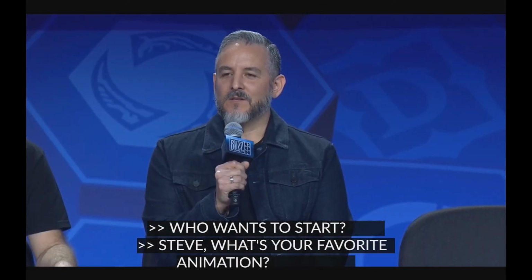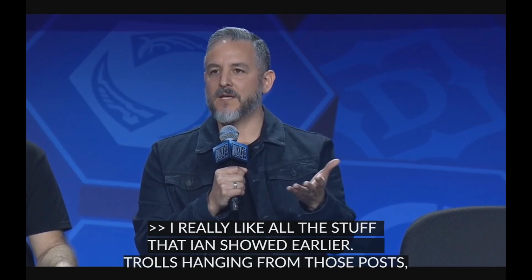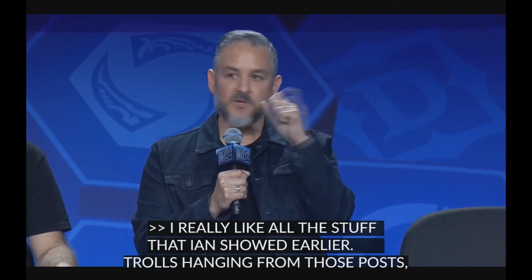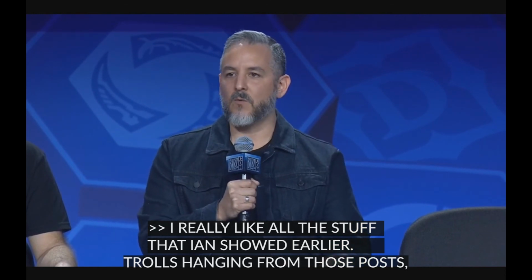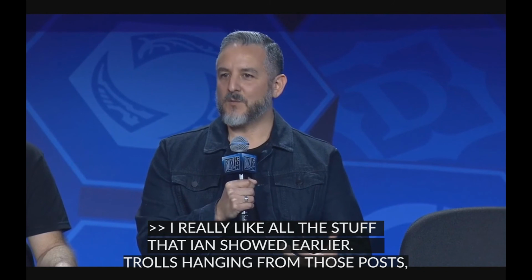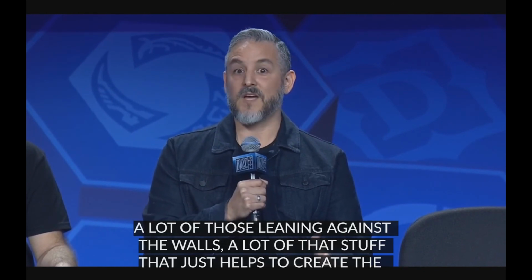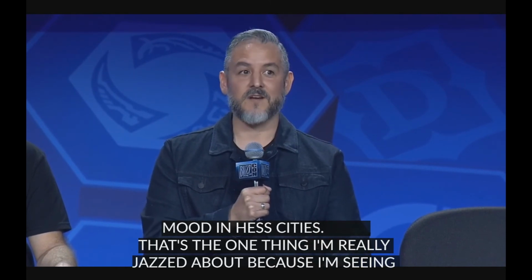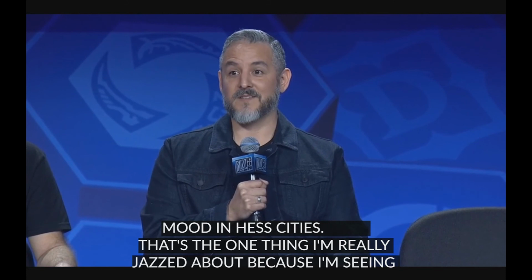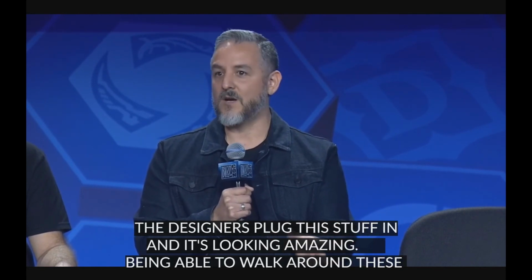I really like all of the stuff that Ian showed earlier. Like the trolls that were hanging from those posts, a lot of the Kul Tirans that are leaning against the walls. It's just a lot of that stuff that helps to create the mood in these cities. That's the one thing I'm really jazzed about, because I'm seeing the designers plugging all this stuff in, and it's looking amazing. Being able to walk around these cities and see the characters doing various jobs is